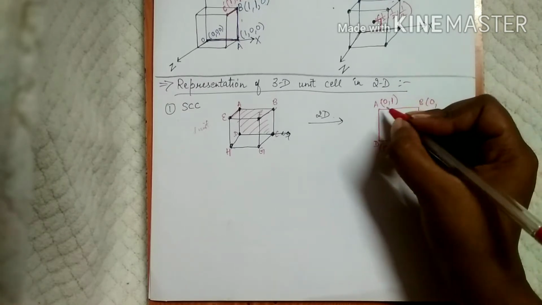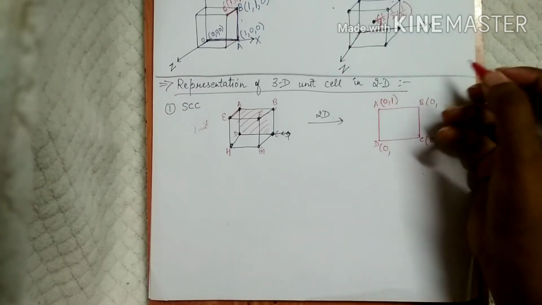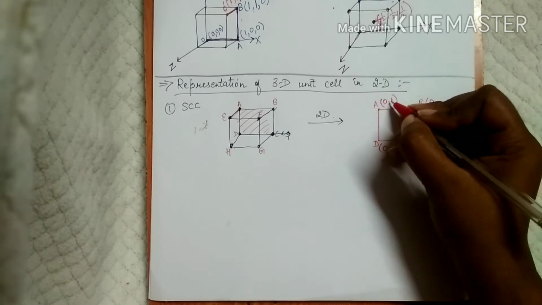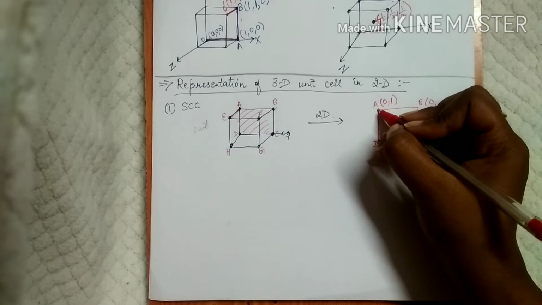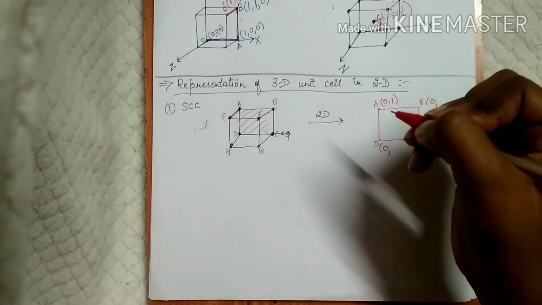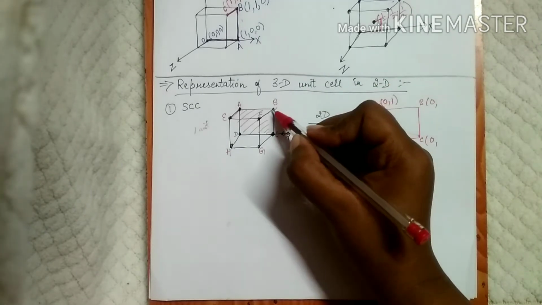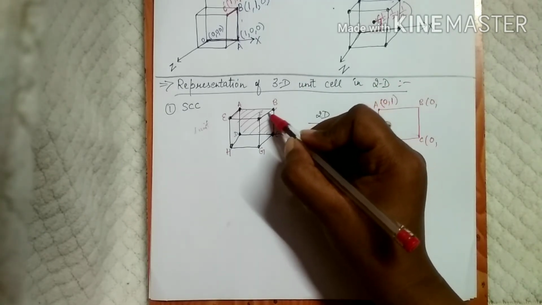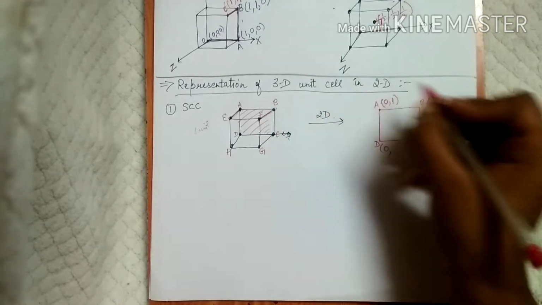So if we designate A point as 0, 1, then we understand that at A point, that is a 0 coordinate, one atom is present and one atom will be present straight at 1 unit distance from A. Next is point B. At point B, one atom is present and at a distance of 1 unit at point F, another atom is present, so 1.